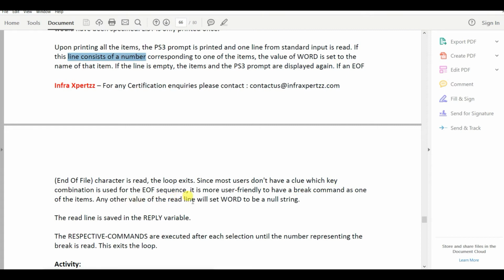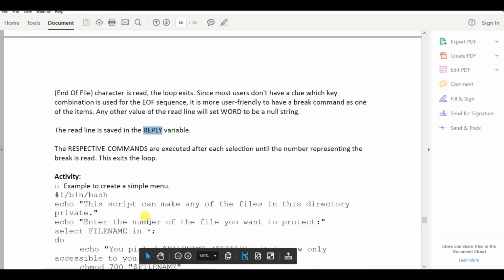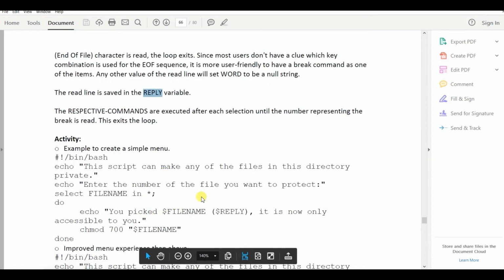Any other value of the read line will set word to null. The read line is saved in the REPLY variable. We will see this in our lab. The respective commands are executed after each selection until the number representing the break is read. This exits the loop.